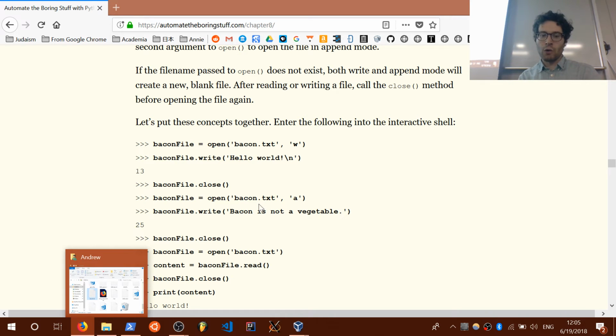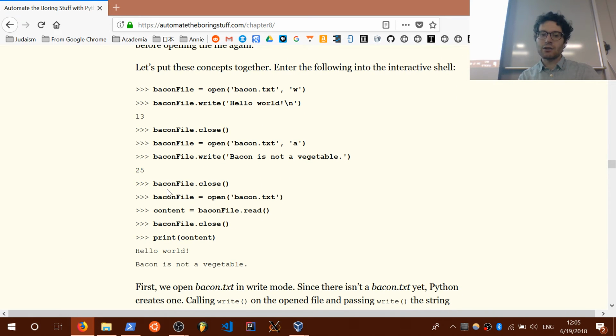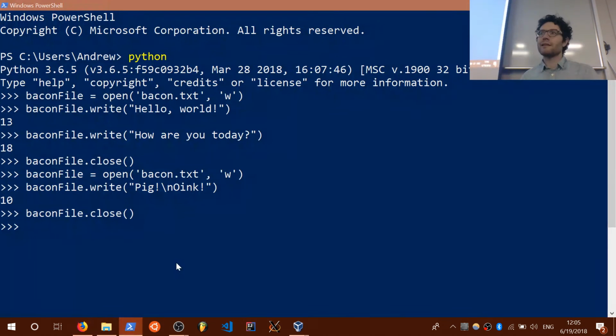Now you can only do one thing at a time. Notice that he closes it and then opens it again to read it. If I want to replace a letter or something in there, essentially read the whole thing, replace it, and write it back is the easiest way to do it, and that's actually part of what we're going to be doing with the assignment that I've got for us today. Baconfile is equal to open,